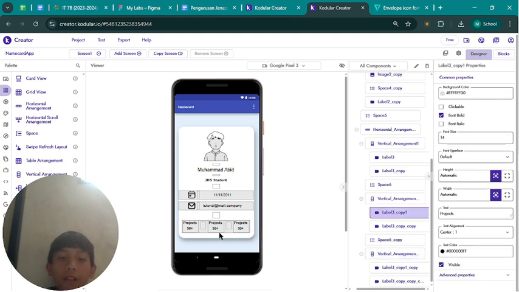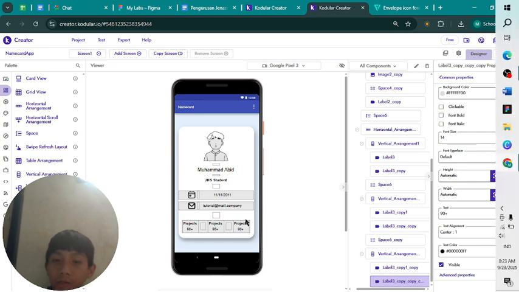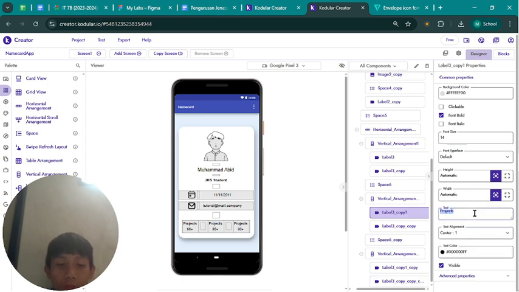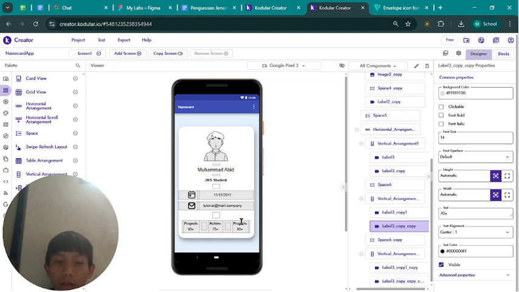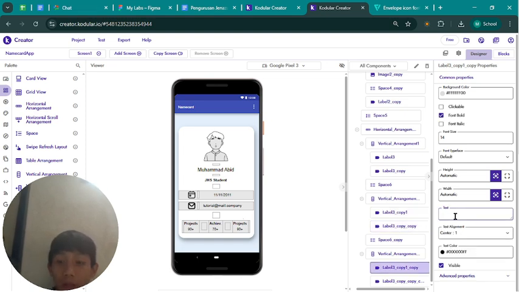Okay, for the second vertical arrangement, you change to achievement, and the second change to 70 plus or anything you suggest, and the last experience, and change to 9 plus.